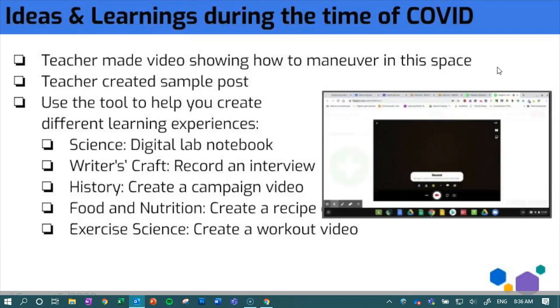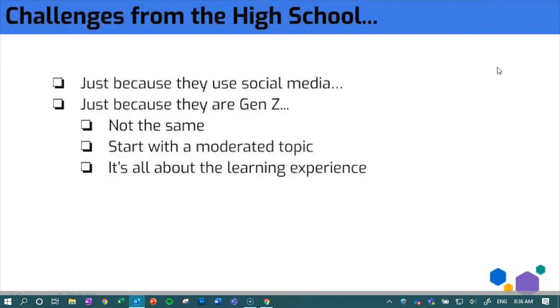We have a course called Food and Nutrition, where they actually learn the science behind food and nutrition. They also create and actually perform or make recipes. So how about if they recreated a family favorite or created a recipe and videoed that? We also have exercise science, where I know in the past I've had to support colleagues bringing their students to the library to create an exercise routine. So instead of on paper, create it on video, have them video an exercise routine. All right, so